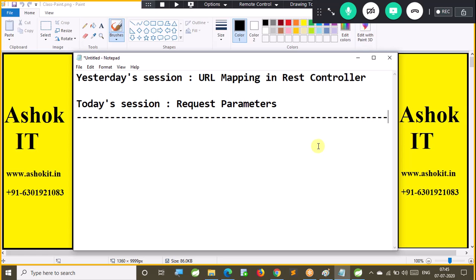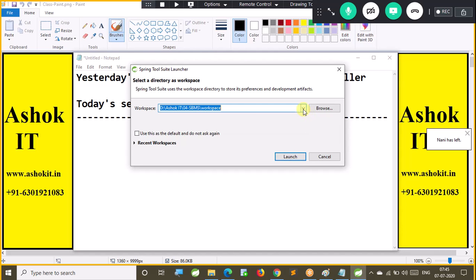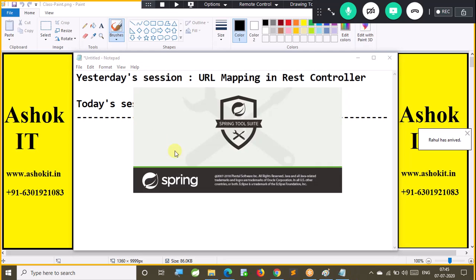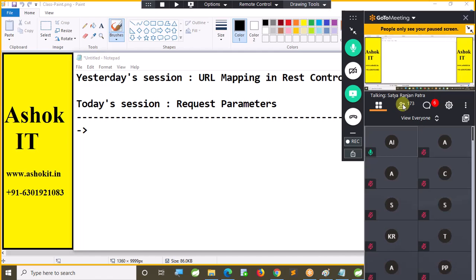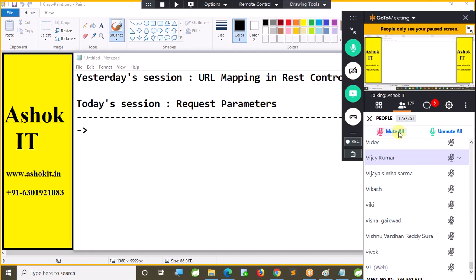Here we developed our REST controller by using @Controller annotation. So how to develop a REST controller? A REST controller is nothing but a distributed component.